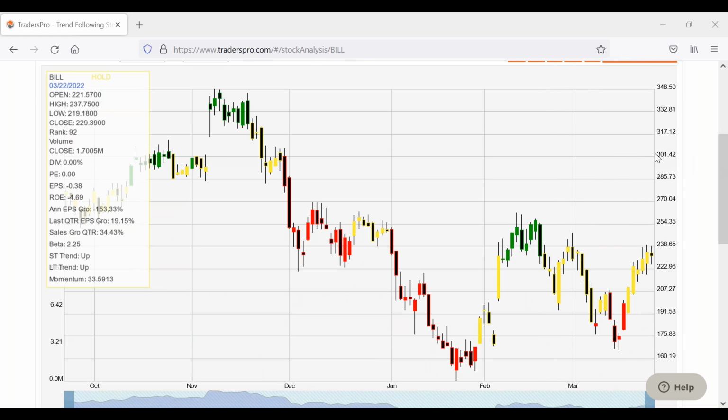Again, I like the big pullback right here. This looks impulsive. This looks corrective, and then it's looking impulsive again. I think I'm going to add that one, mostly because I want to kind of